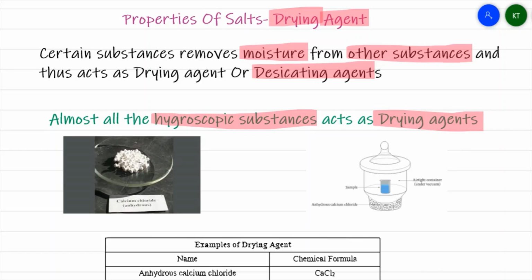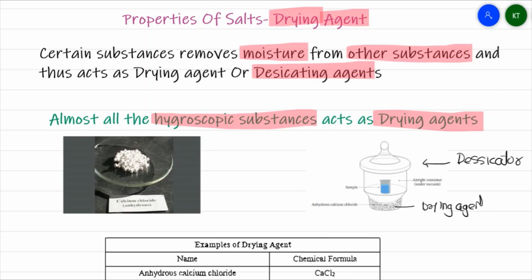Here we have anhydrous CaCl2. Anhydrous CaCl2 is a white solid which acts as a drying agent. This is a diagram of a desiccator, and this is how the desiccator looks. It's basically a glass container which has a glass plate with groovings. On that I put a sample which has to be dried, and below that grooving I keep anhydrous CaCl2, which will act as